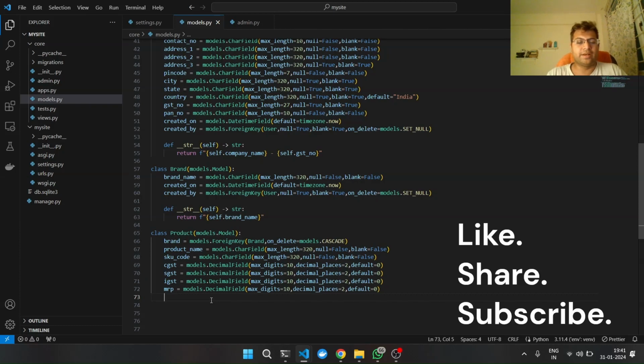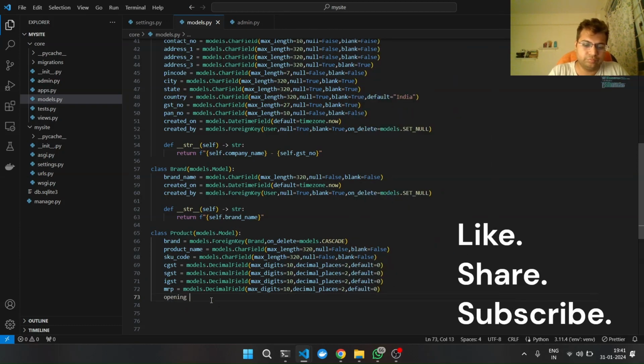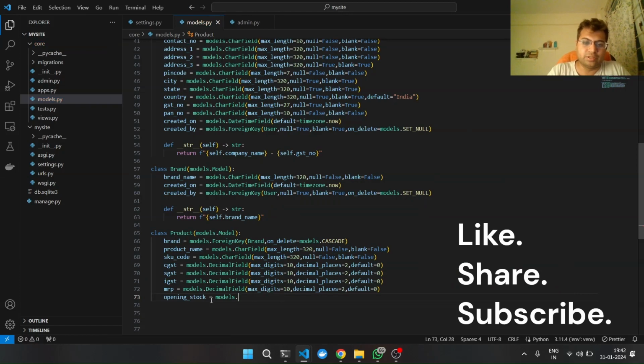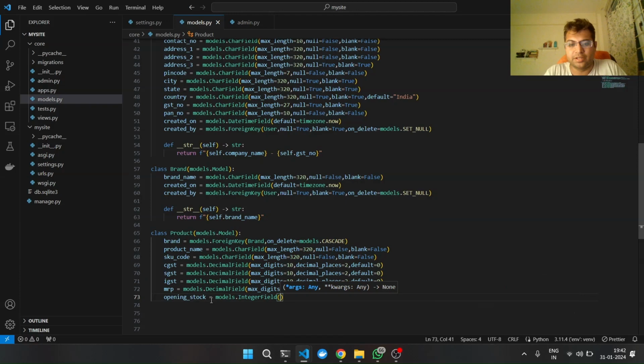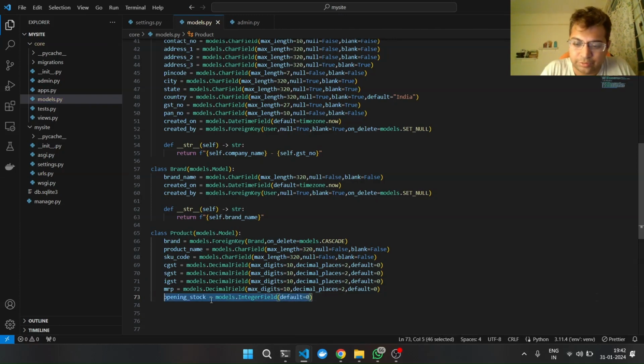Okay. Then what else do I want? I want the opening stock. Integer field, and I will just leave this blank. Integer field can be blank. I'm stating that it can be an integer. I can assign a default value of 0, and let's say